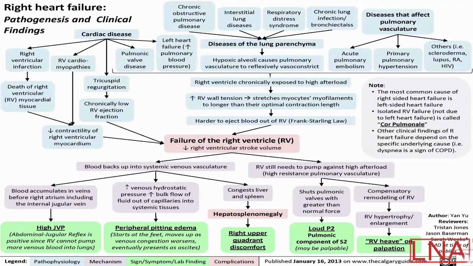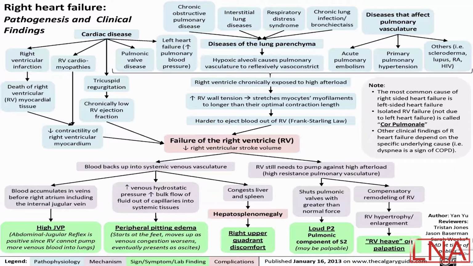Diseases that affect the pulmonary vasculature: acute pulmonary embolism and thromboembolism of the pulmonary artery, primary pulmonary hypertension as a separate disease, and some other diseases with an autoimmune mechanism like scleroderma, lupus erythematosus, rheumatoid arthritis, and HIV with damage to the valve structure and myocardium. All these problems from the disease of the lung parenchyma and other diseases associated with the lung parenchyma